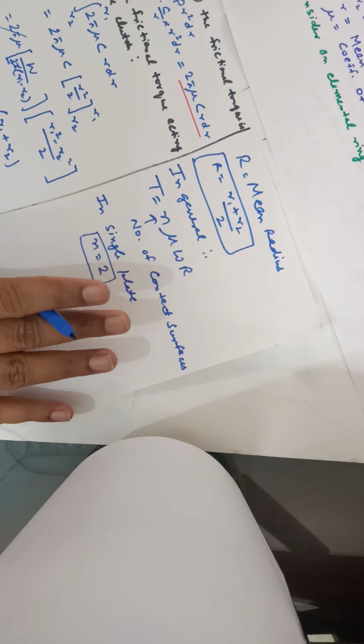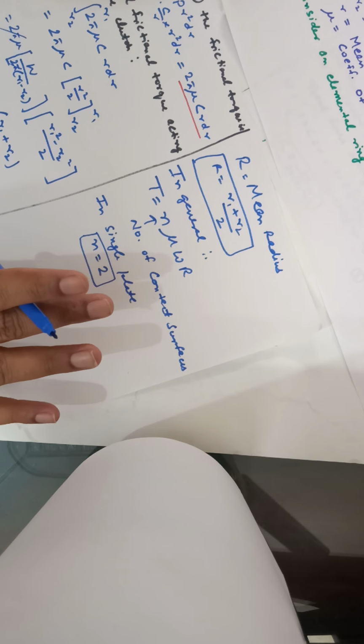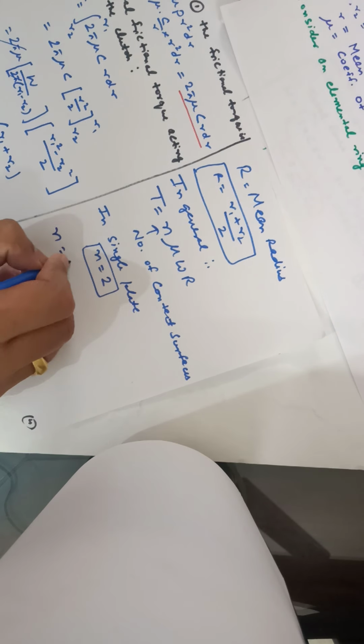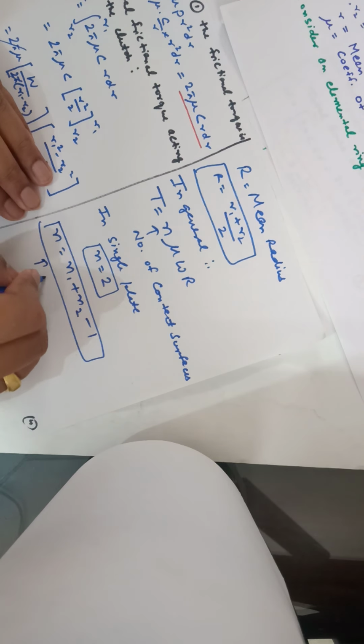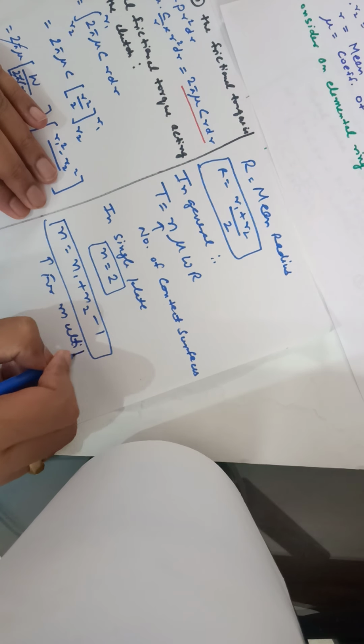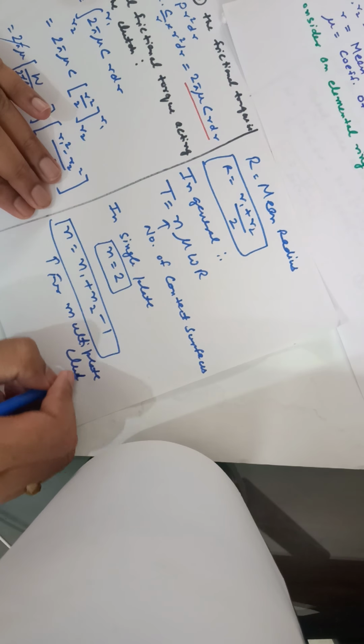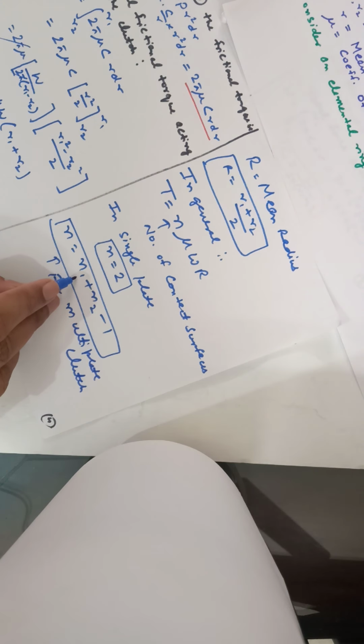This derivation is similar for the multi-plate clutch. The only difference is that n will be replaced by the formula n1 plus n2 minus 1 for a multi-plate clutch. n1 is the number of plates of the driving surface, and n2 is for the driven surface. So whenever there are 5 plates, the number of contact surfaces will be 1 less than the total number of surfaces. That is, if you have 5 plates, the number of contact surfaces will be equal to 4. Practically, it can be proved.